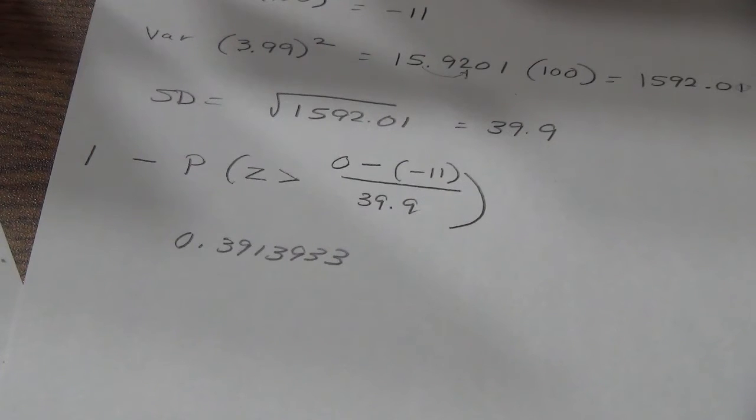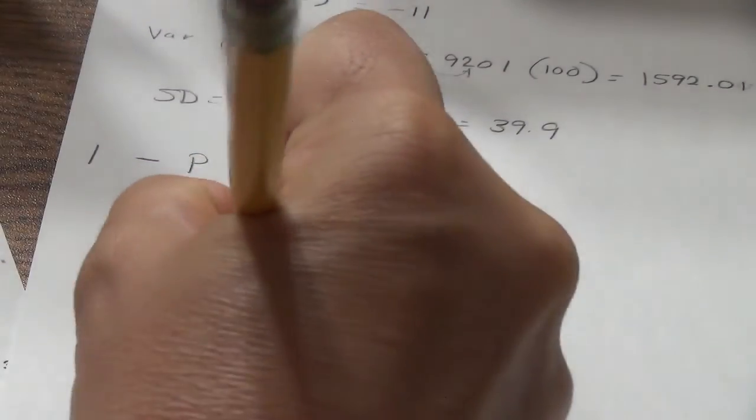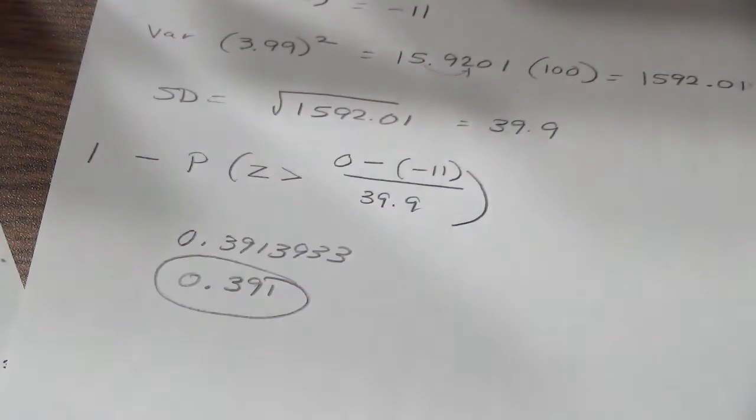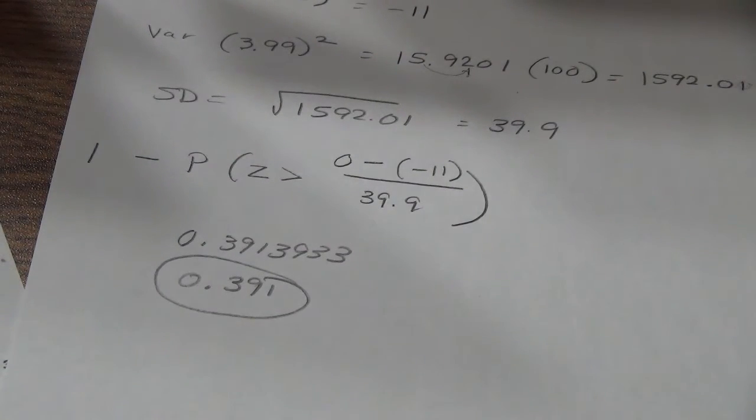Okay, there it is. So it says to carry your intermediate computations to 4 decimal places. I wrote way longer than 4 decimal places. Round your answer to at least 3 decimal places. So when I round off my answer to 3 decimal places, 0.391 is going to be the probability that I am going to end up winning,